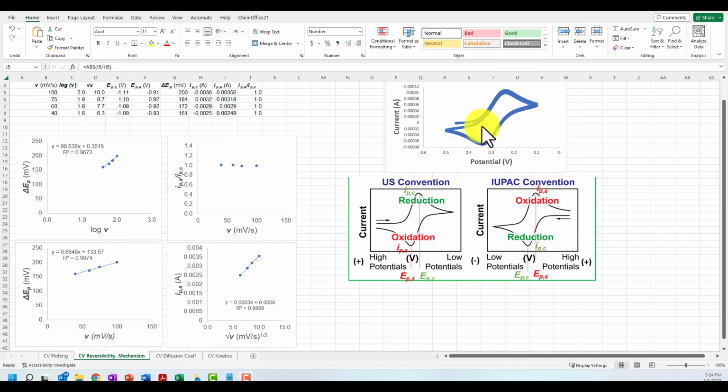Often this curve is shifted up or down relative to 0, so taking the absolute values of the current at the maximum isn't going to be the best representation. Instead, if I wanted to measure IPC, the cathodic side, I would measure it relative to this flat line here, because that's essentially when the current goes to 0 for this process. And for the anodic peak current, our IPA, I would measure it relative to this flat line here. So you can see that those aren't the same as 0, so they won't give me the same number, but the trend is true. So if I look then at the trend where I make a plot of the ratio versus scan rate,